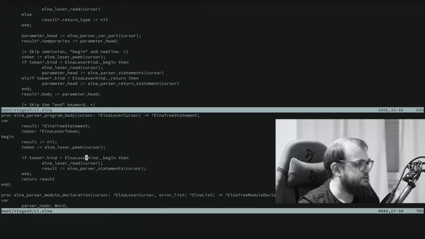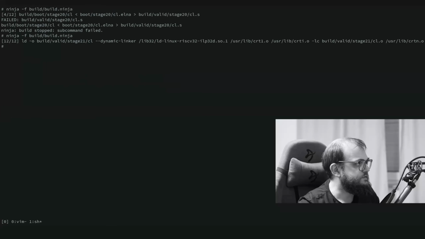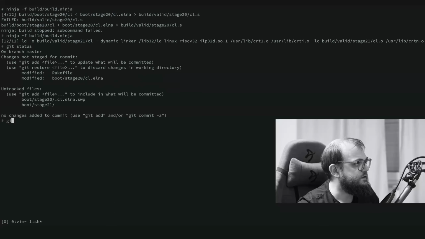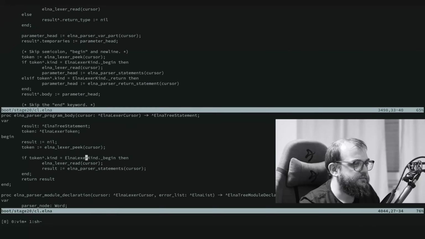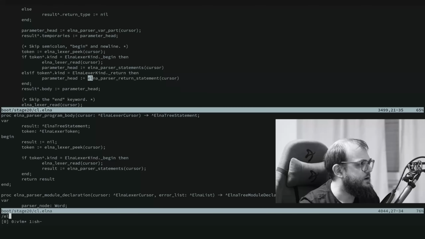So we can now, I will just save the current status so I can revert if needed. I save the compiler in stage 20, and 21 isn't important for now. And I have a reconvert task that copies the stage 20 in the 21. And then let us go to this function in the top half, I think,